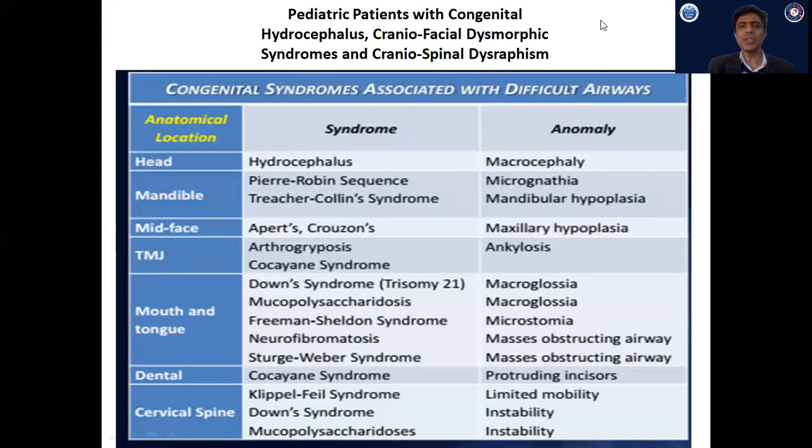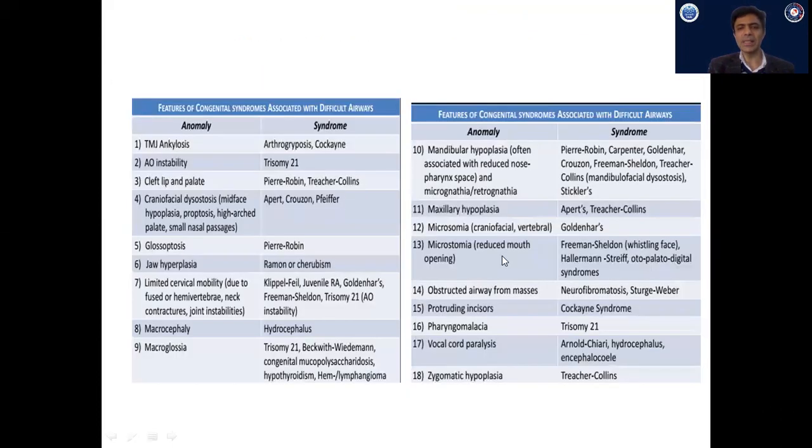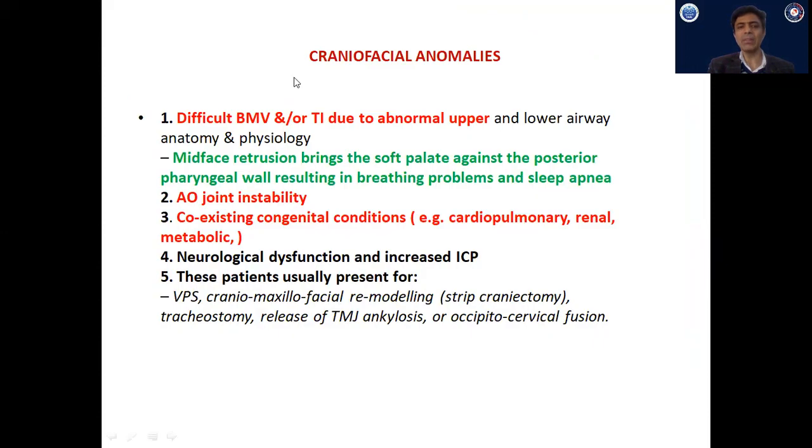In pediatric neurosurgery, we frequently encounter congenital hydrocephalus, craniofacial dysmorphic conditions, and craniospinal dysraphism. And these patients may have microcephaly, mandibular hypoplasia, and maxillary hypoplasia. So a scary airway scenario may be seen in clinical practice. Many of these patients may have difficult bag mask ventilation or difficult tracheal intubation due to abnormal upper and lower airway anatomy and physiology. Often there is midface retrusion that brings the soft palate against the posterior pharyngeal wall,